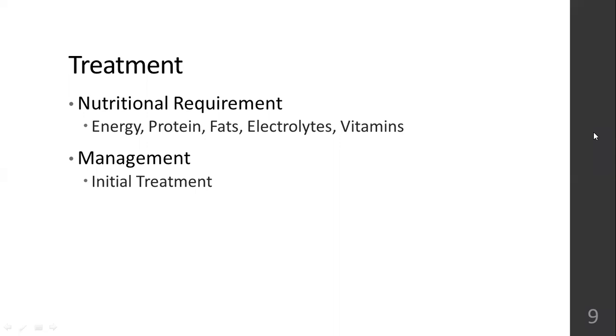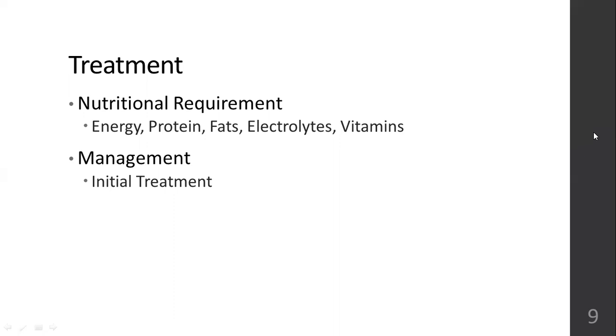In the ICU, within a day, the child's hypothermia can be corrected. The child can be put under radiant warmers. Warm blankets can be given to the child. The AC can be turned off for the child's bed. So these strategies can be used to bring up the temperature of the child, so hypothermia can be corrected.